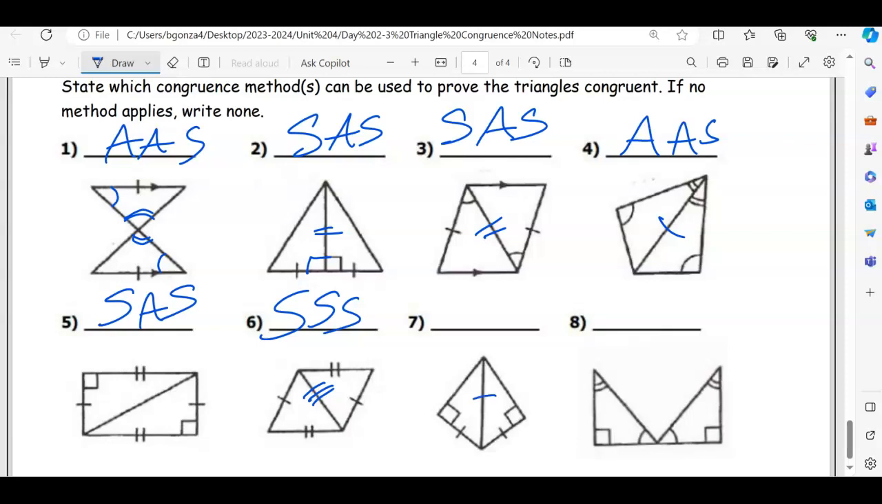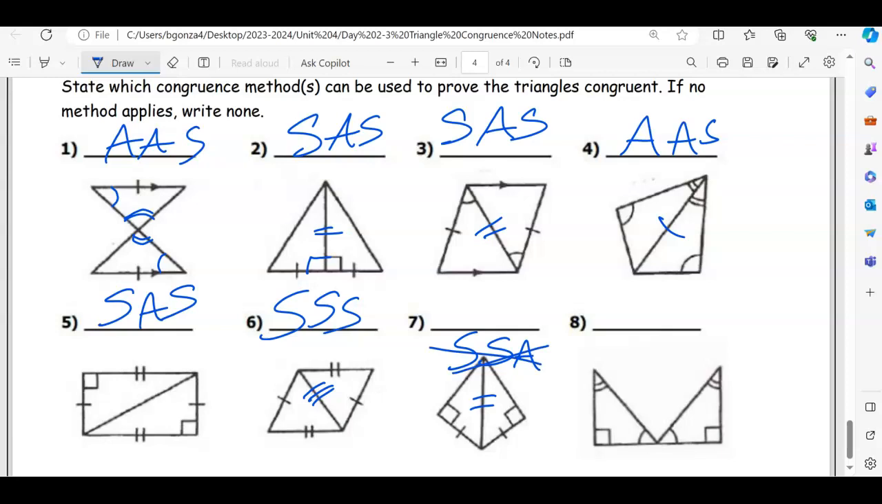7 is touching. Put a tick mark there. What are the 3 things first? This is an angle, side, side. So again, angle, side, side, or SSA,